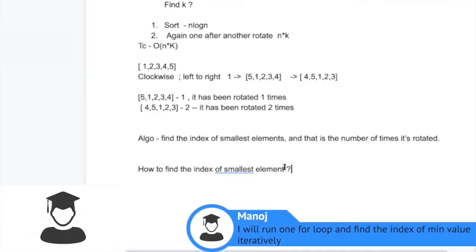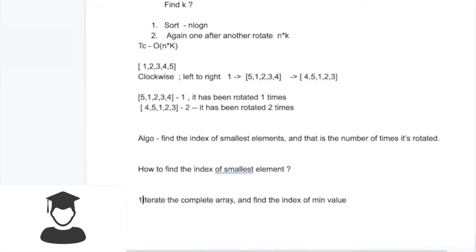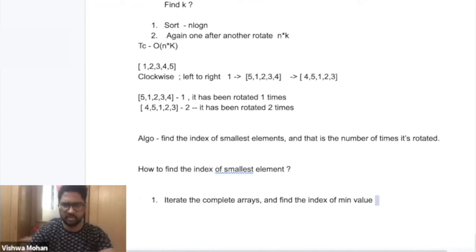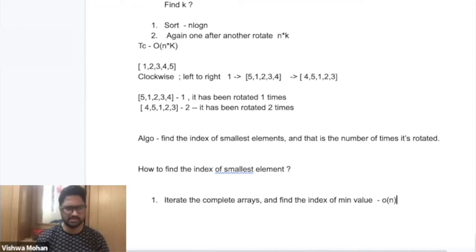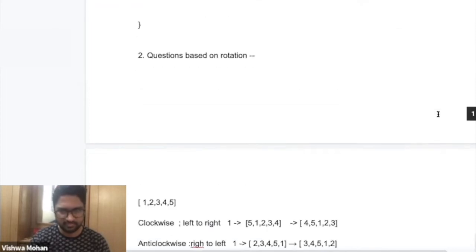I will run a for loop, and using that I will find the index. Yeah, iterate. This is one approach, and the time complexity of this would be how much, Manoj? O of n. Okay, perfect. So this is what you have done. Anybody else can think of anything? Just try to think. Since I'm asking you, it's obvious that there is something extra that I want you to reveal. And the answer somewhere lies in the things that we have already talked about so far. Okay.